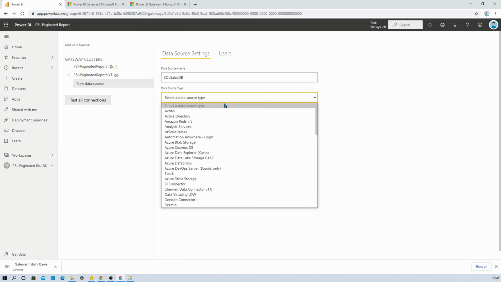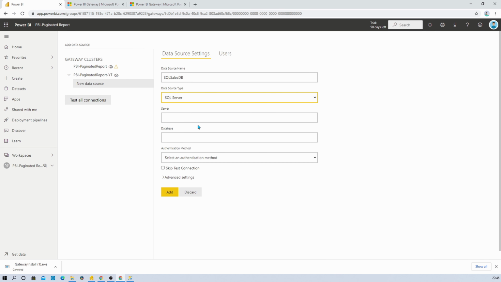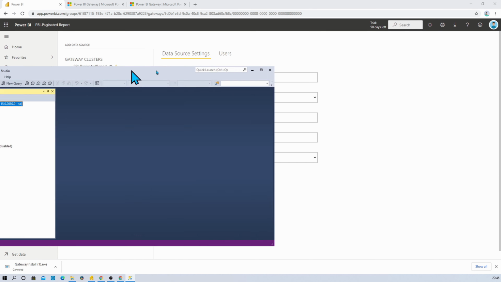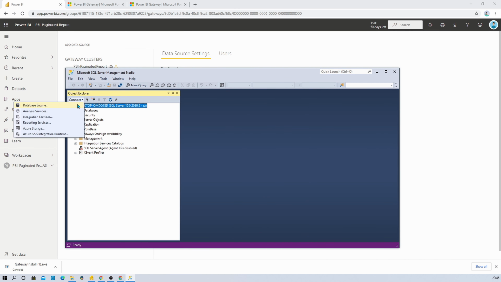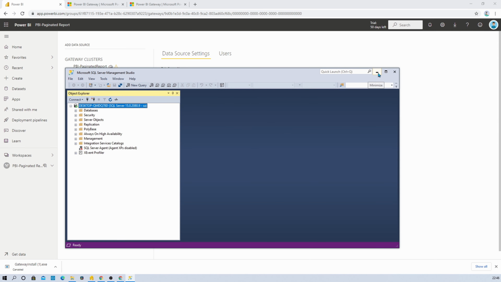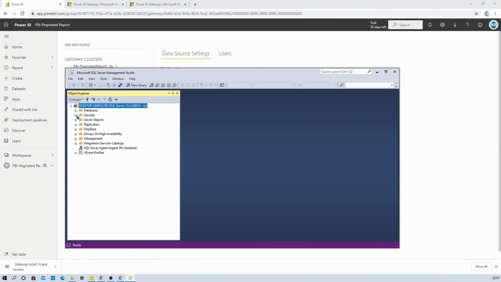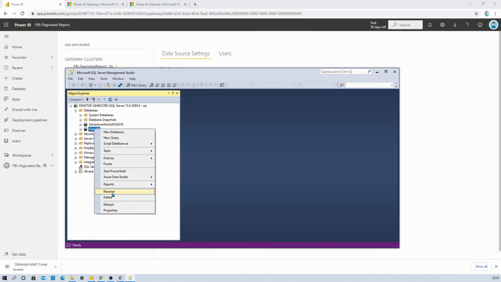And now you need to provide the data source. Here you need to select the data source type. So I'm selecting SQL Server from here. Provide the server name. From my SSMS, click database engine and you will find the server name. And remember, in the third part of the session we explained all these things. Server name, then database name, which I have used as Sales DB. So let's copy this name from here.